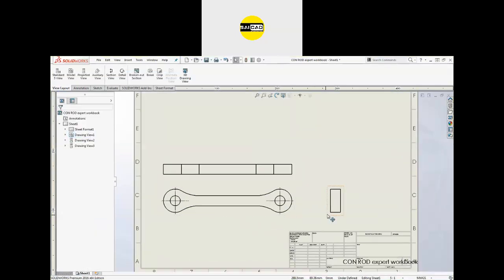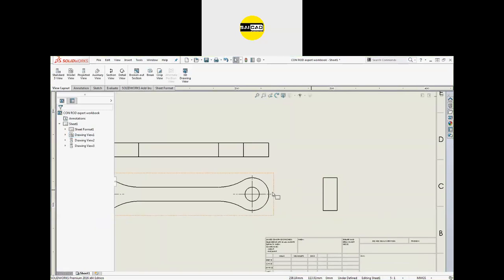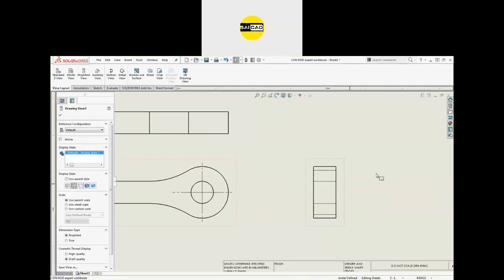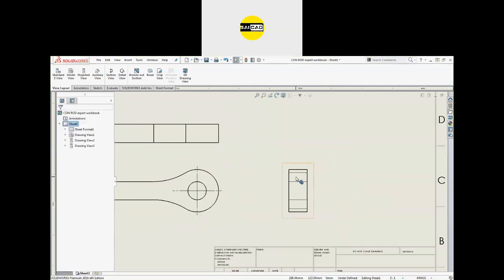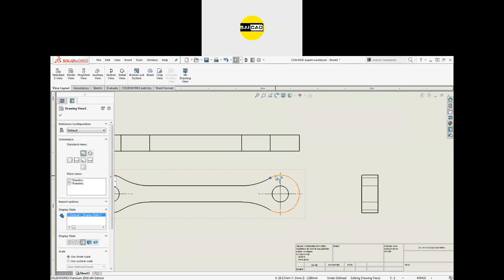So now what is the meaning of the wireframe or the hidden line removed? If you see here, you are not able to see the internal circle. You are not seeing the hidden line. So select the view, go to here, and you can see it is hidden line removed. If you choose hidden line visible, you will see that we have some faded lines here for the internal circle, and these lines will be for this one point, that is the fillet edge here.